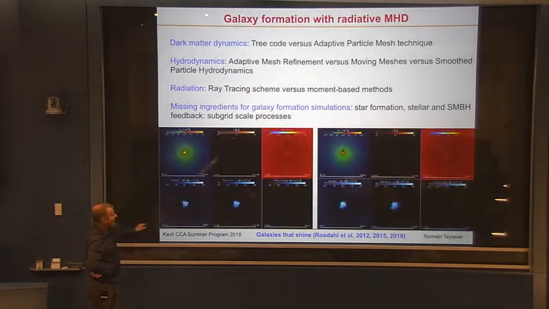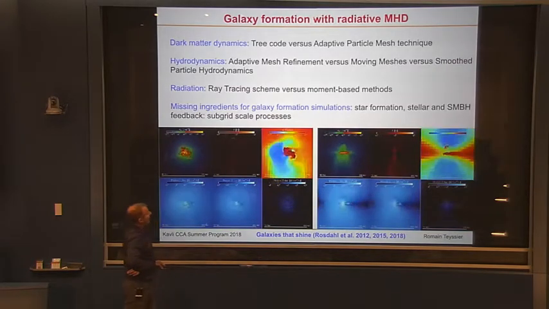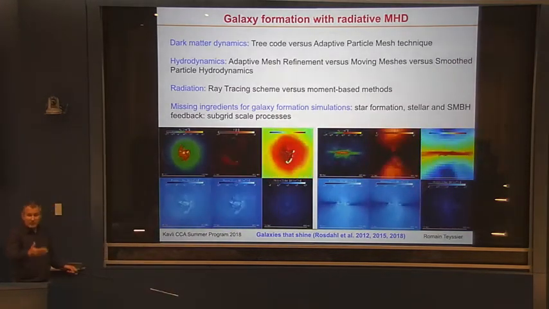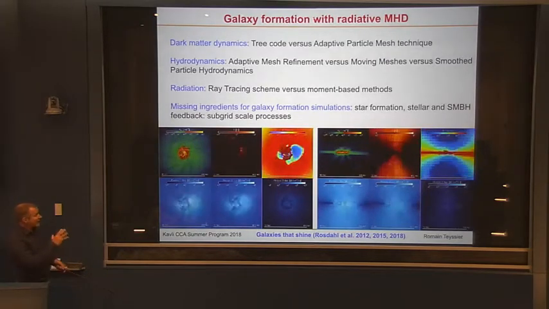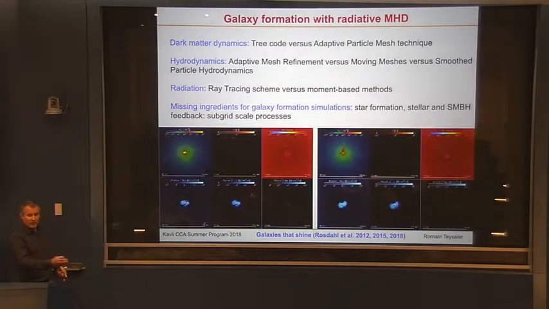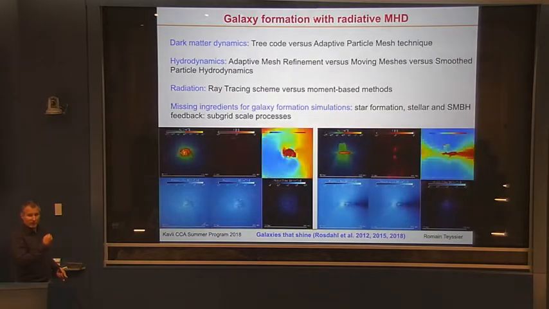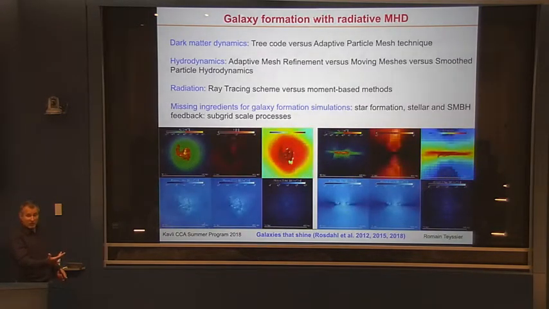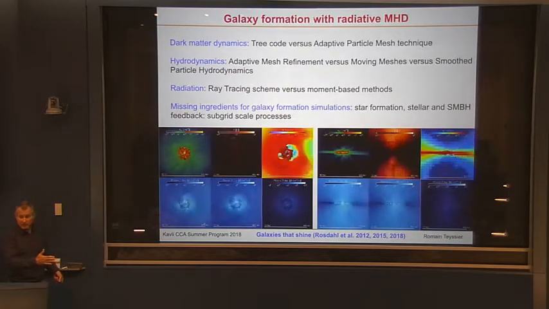You see them face-on and side-on, and it's done while the hydro is running. I think that's really the frontier today: to be able to do those simulations, and to have a feedback of the radiation transfer on the hydrodynamics.